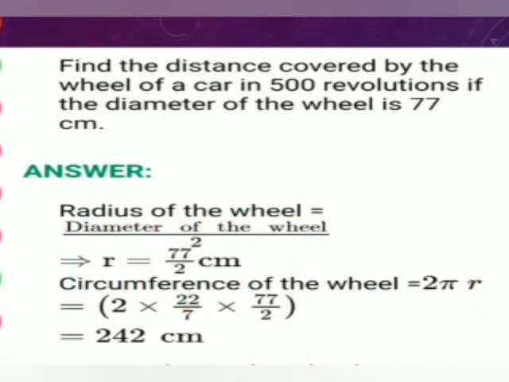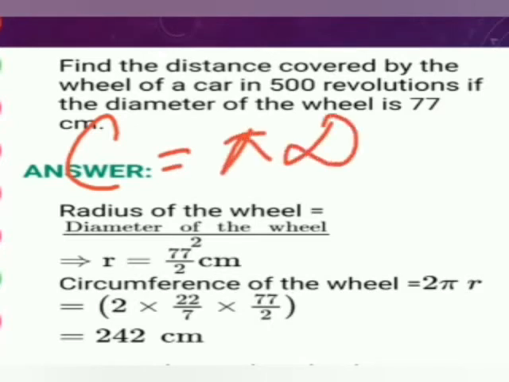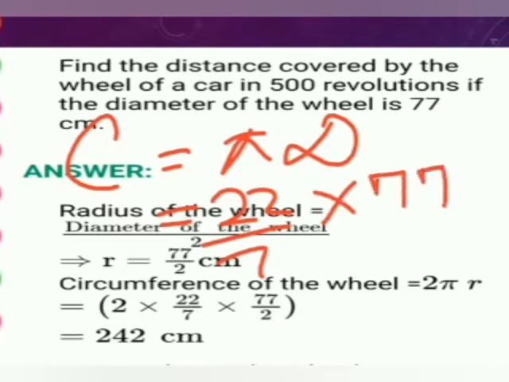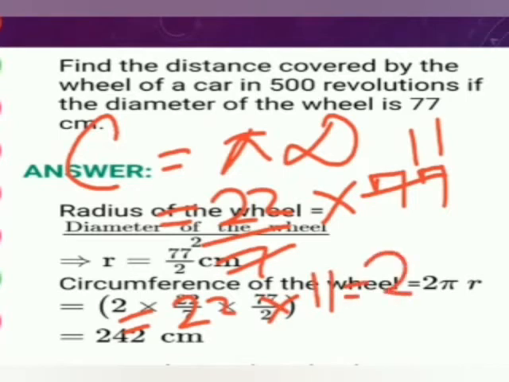So it is given here that the diameter is given. So you can calculate the radius, or you can use the formula of circumference. Circumference is equal to pi d, so use the formula and calculate the circumference. So this 77 will be divided by 7, 11 times, and 22 multiplied by 11 will give you 242 centimeter as the circumference. So once we have calculated the circumference, now we will calculate how much distance is covered by the wheel in 500 revolutions.